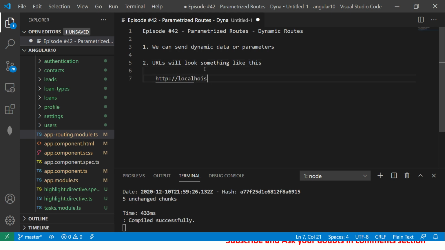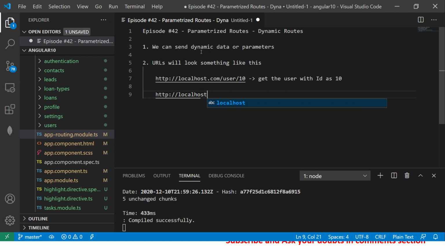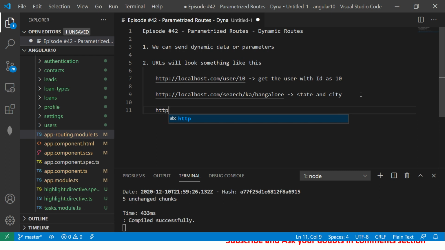If you are doing something like user/10, this means get the user with ID as 10. I can say localhost.com/search/KA/Bangalore. So here I am passing two parameters, state and city. KA means Karnataka, Bangalore means Bangalore. And then you can pass something like this,